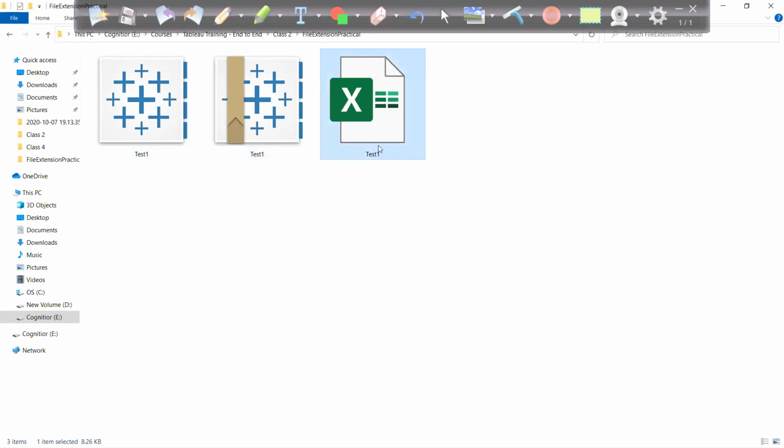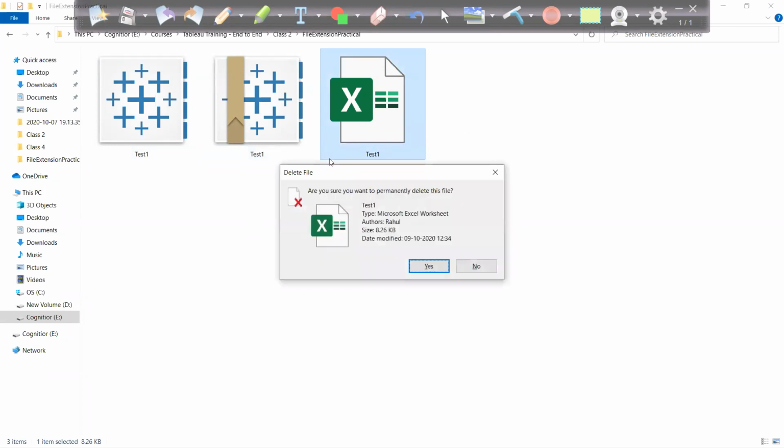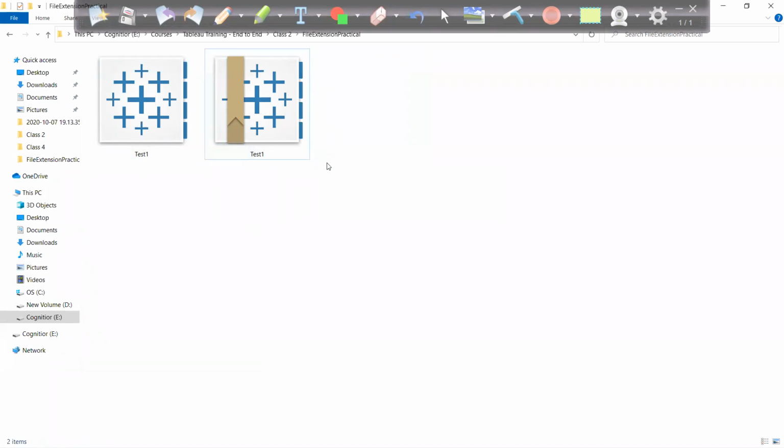Let me delete this test1 file. This is exactly the same as if I am sending this test1.twb file to you guys. You guys don't have the source. The Excel file which I have is with me only. It was not with you.